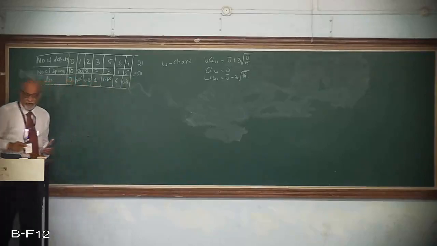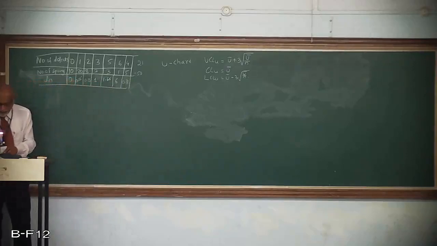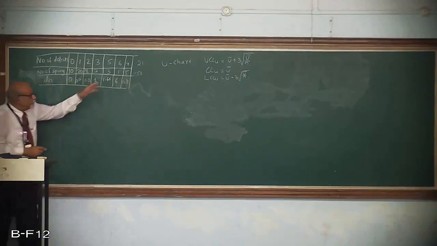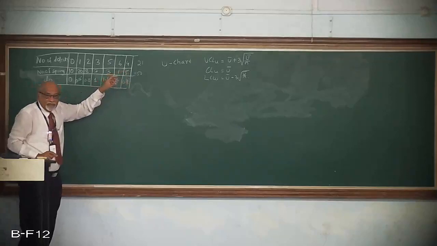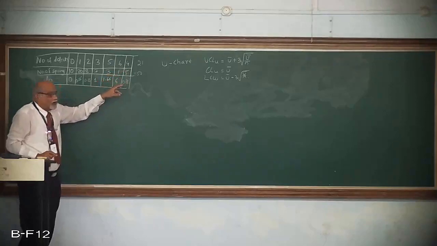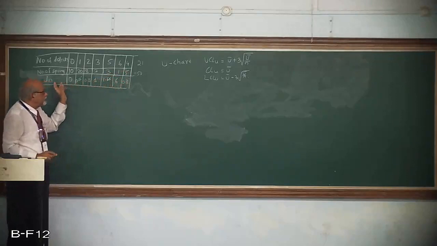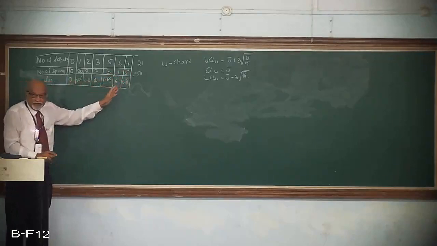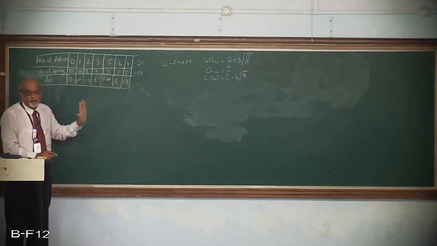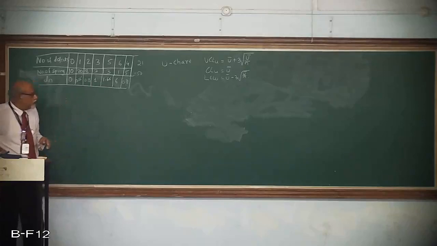Okay. Now average value, how do we find out the average value? There are two ways of finding out this average value of U. Either you can find out by this one, 21 by 50, or you add up all these things and divide it by 7. Let us see. Both the things will work out for your satisfaction. So now, if I add up these things, it is going to be